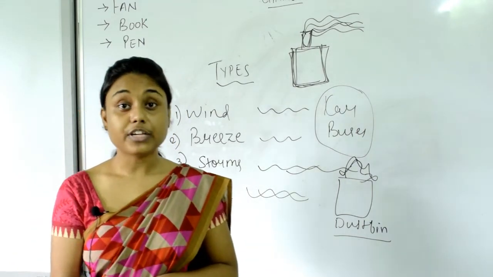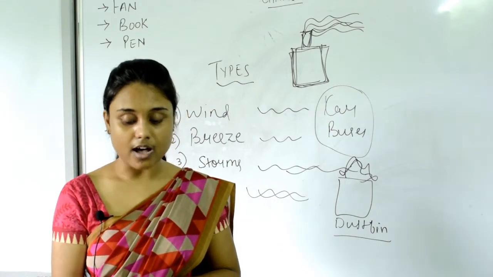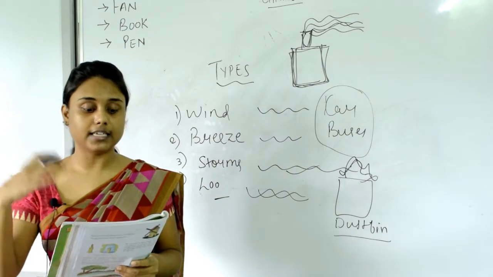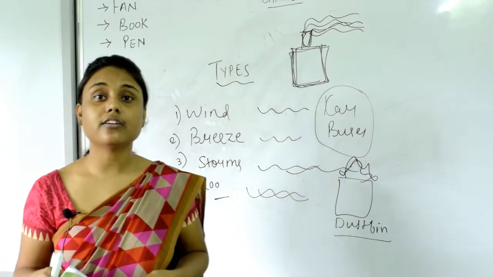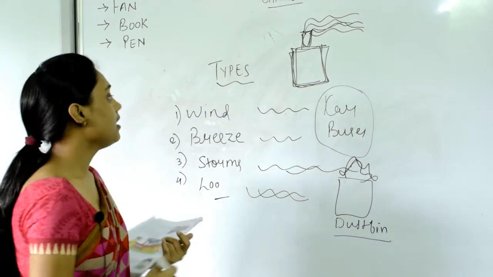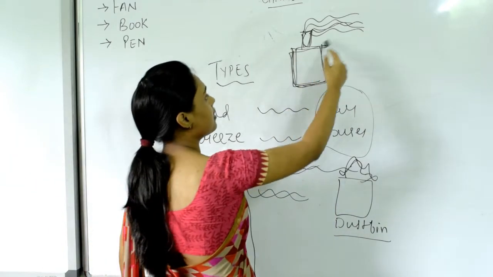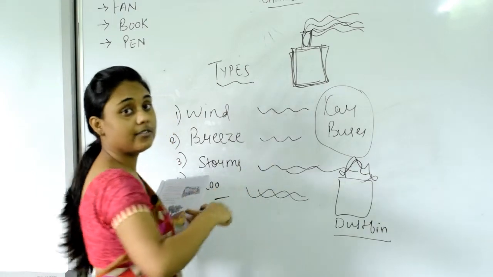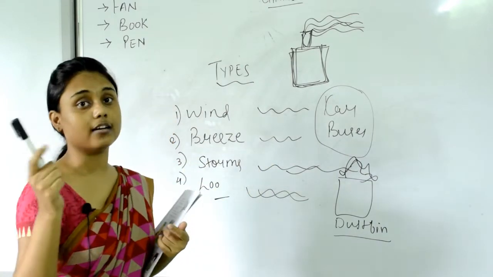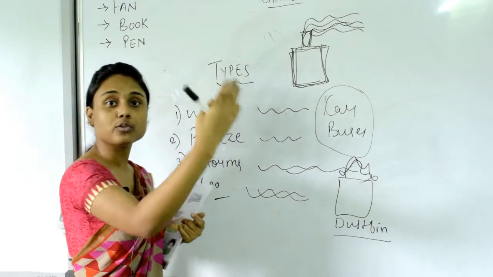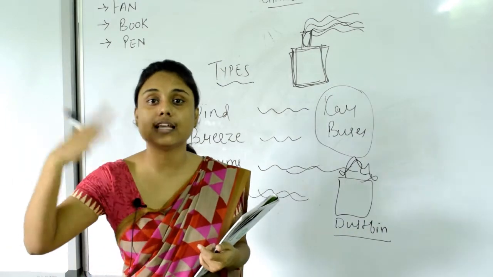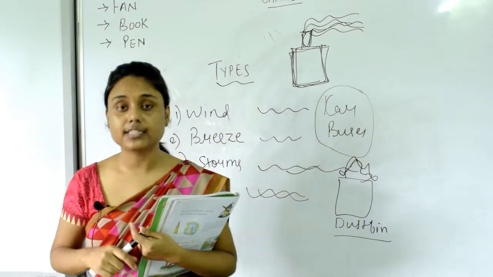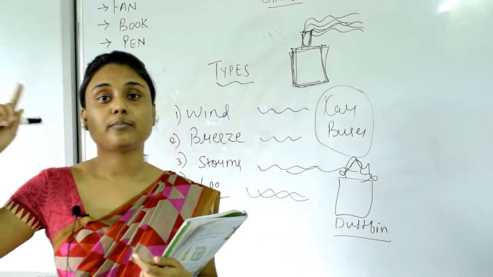Now read with me. Dirty air is harmful for us. We may fall ill when we breathe dirty air. Dirty air is also called polluted air. Cars, buses and factories produce dirty air, and when we burn garbage and dried leaves, that also produces dirty air. So it gets mixed into the surroundings and we are inhaling that. As we breathe in oxygen, we are inhaling that, so we may get ill due to that polluted air.